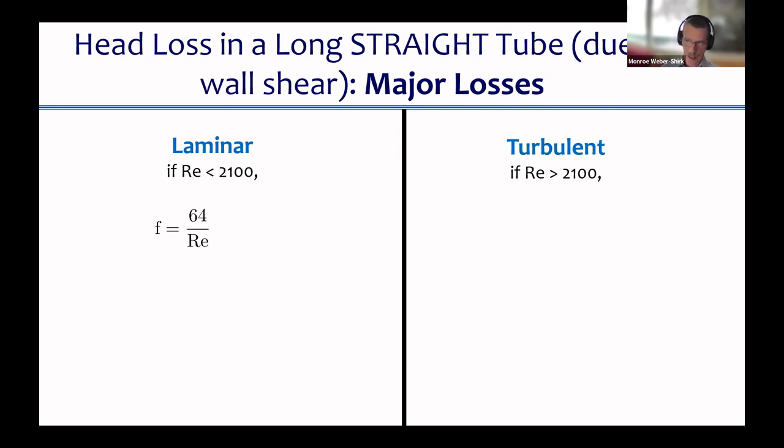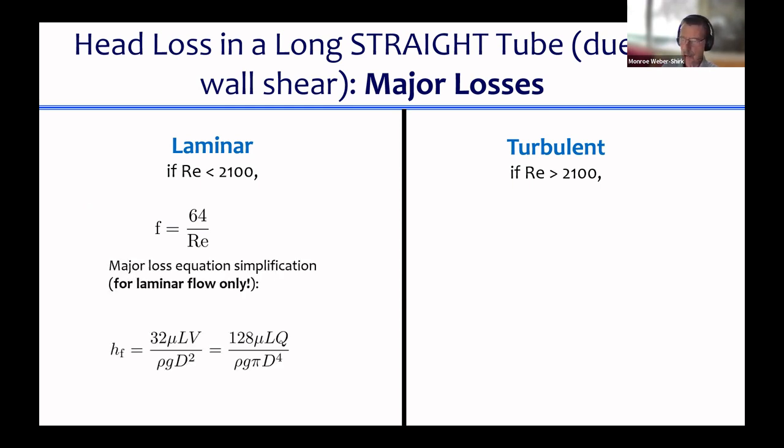So for laminar flow, meaning for low velocities, low Reynolds numbers, we have this beautiful relationship where the friction factor is 64 over the Reynolds number, and that leads to the Hagen-Poiseuille equations. And we get this really nice result where the head loss, or the change in water elevation required to push water through a tube, is directly proportional to the flow rate or the velocity that the fluid has going through that tube. So that direct proportion is something that we're going to end up using to design a flow controller for dosing